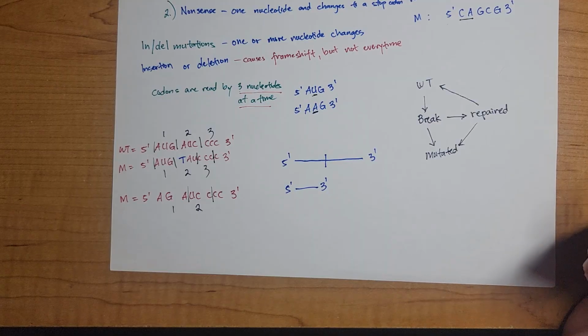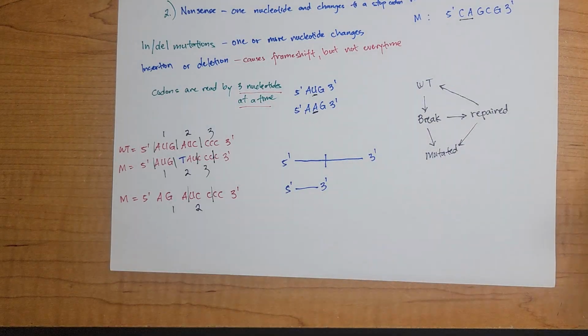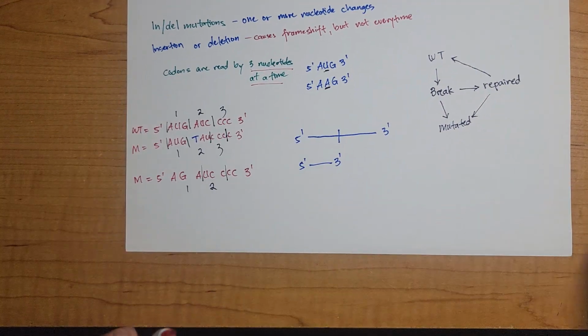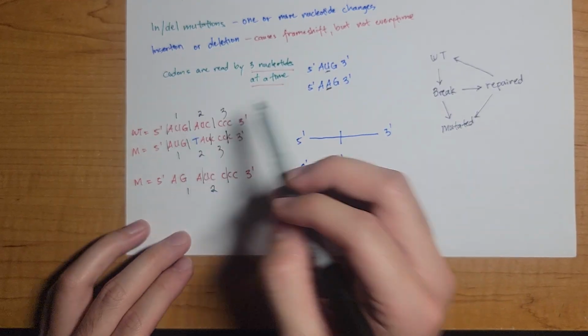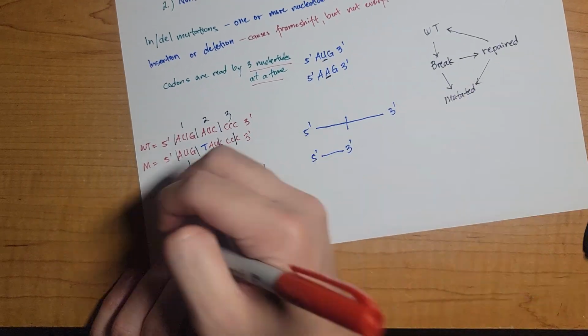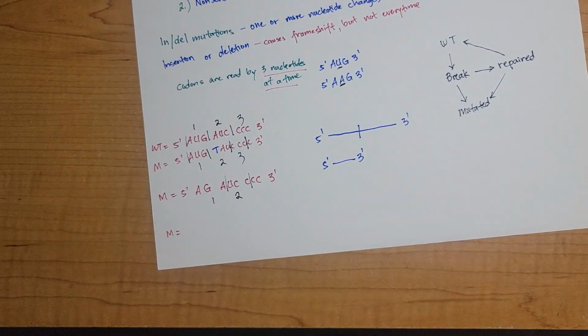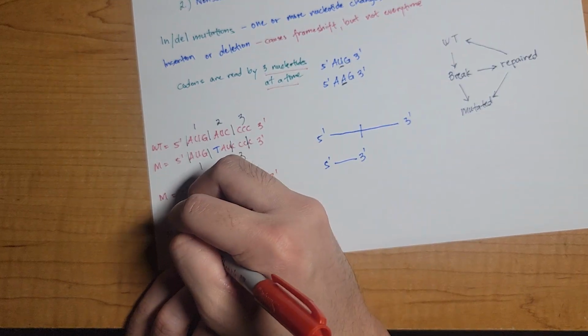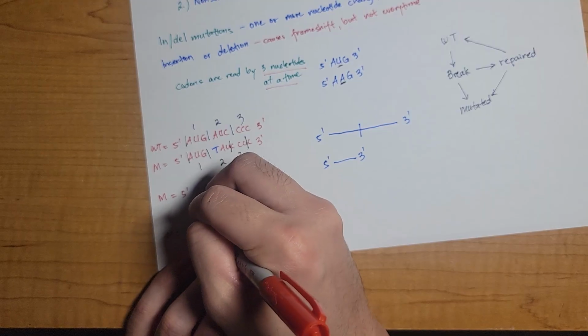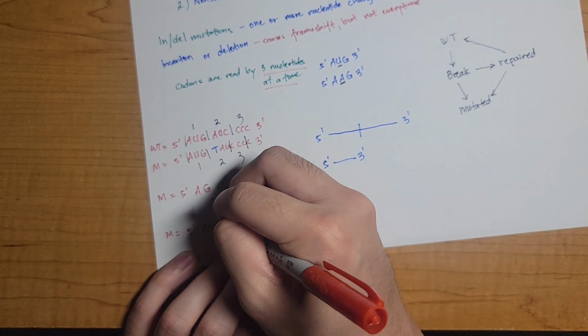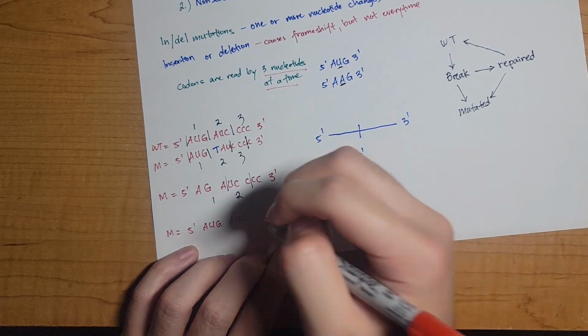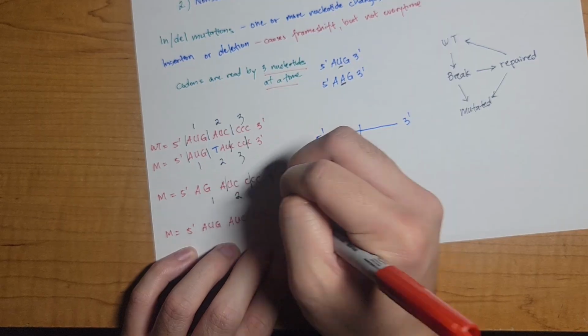I'll give you an example of how it doesn't cause a frame shift instead. So let's say we have the same wild type sequence. Now, let's say the mutated sequence instead, we inserted 3 nucleotides. So let's say it was AUG, and then AUC, and then I inserted 3 new nucleotides, whatever they are, and then